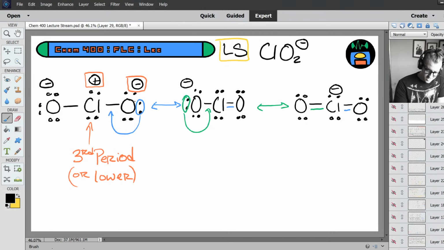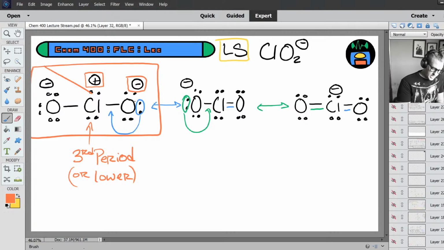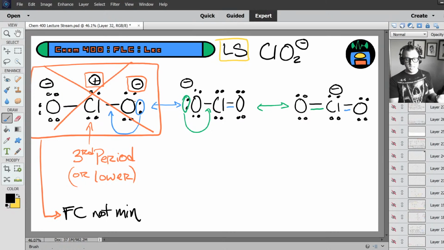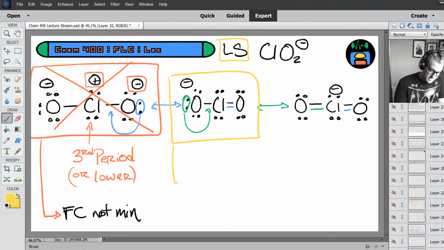Well, the one way out on the end is not the best resonance structure because formal charges are not minimized. Right? You've got 3 formal charges. The other 2, though, each only have 1. So which one is better? And the answer is the one in the center. This one is the best resonance structure